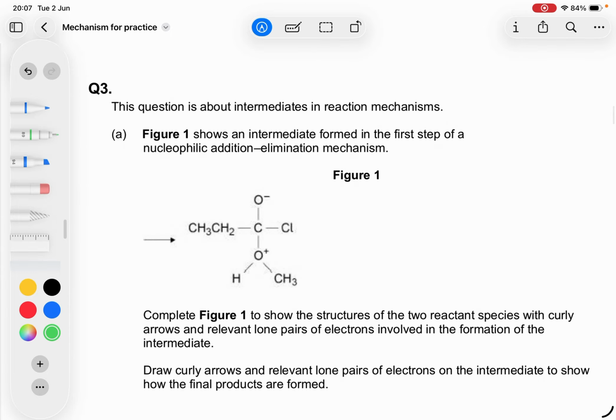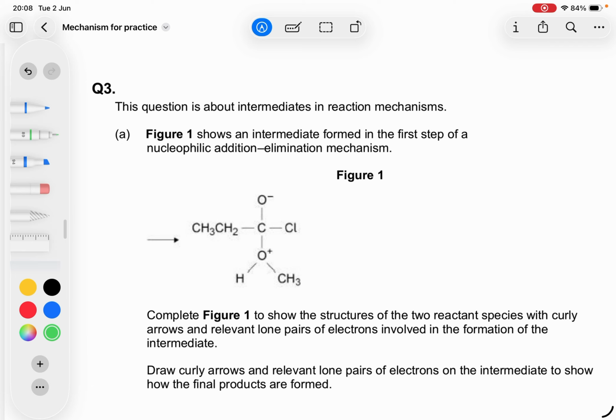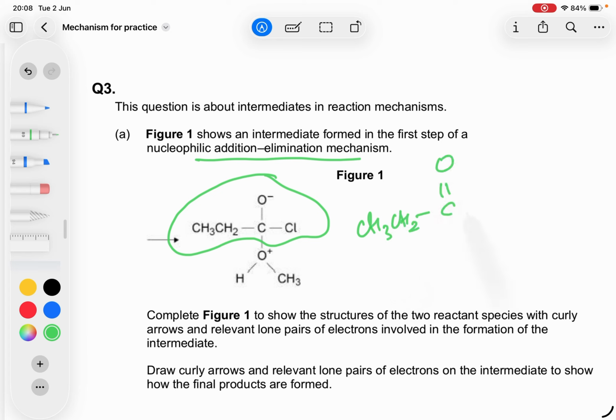Okay, this question is about intermediates in reaction mechanisms, and figure 1 shows an intermediate formed in the first step of a nucleophilic addition elimination reaction. So here's what you need to know. For addition elimination, you need an acyl chloride. So you've got CH3, there's your acyl chloride. You need a nucleophile,